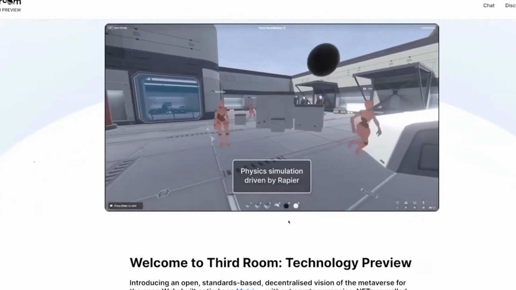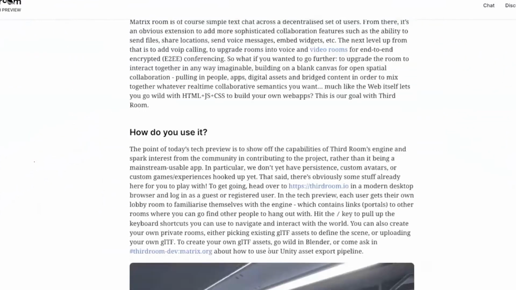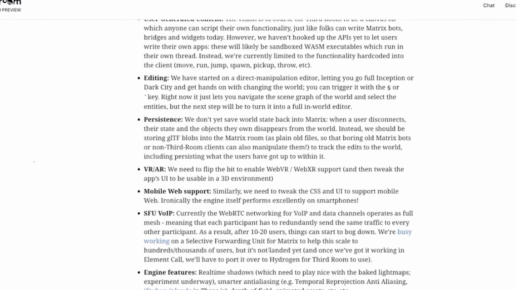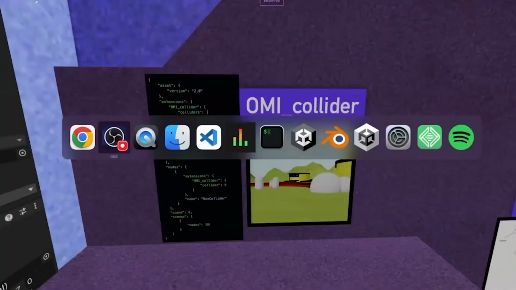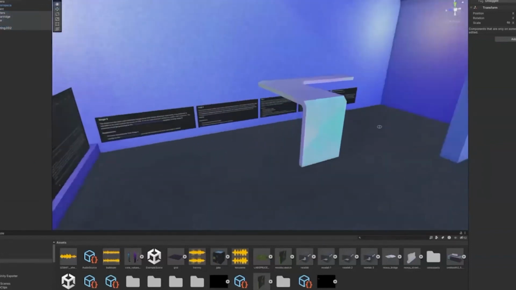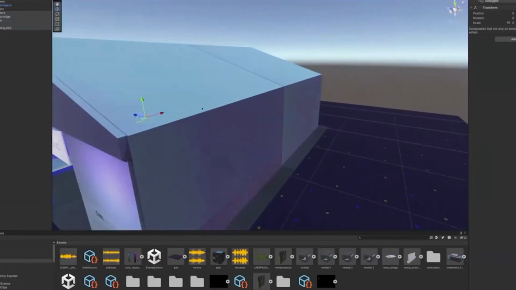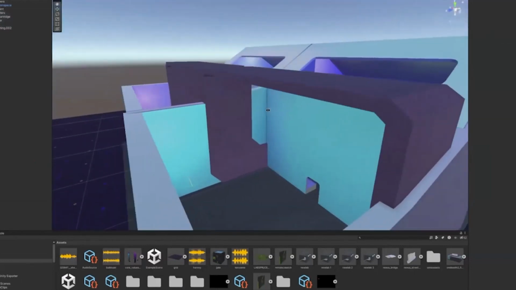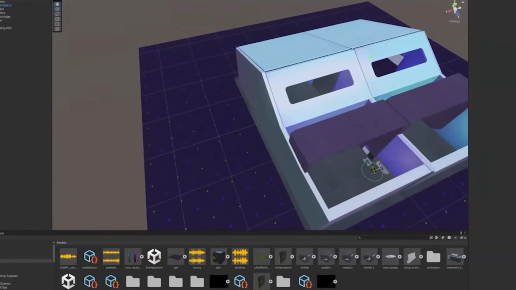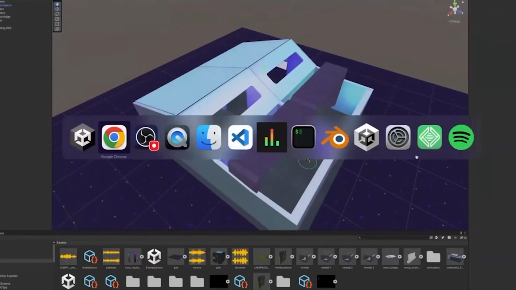Third Room's a really cool app, and they have an exporter in Unity that allows you to export the extensions bundled inside of a file. So I've got the exporter here. I'm going to do a demo of this a little bit later, but this is the actual world that I'm inside of right now giving this presentation, and you'll see there's the audio and all these things in here. More on that in just a minute.